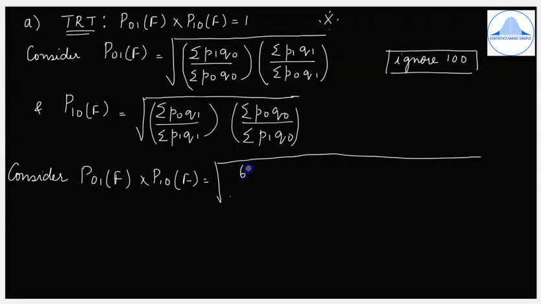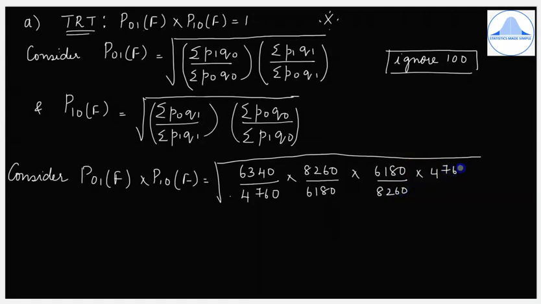So summation P1 Q0 was 6340. Summation P0 Q0 was 4760. This you have to multiply by summation P1 Q1, that is 8260, divided by summation P0 Q1 is 6180, into summation P0 Q1 is 6180 divided by summation P1 Q1 is 8260, into summation P0 Q0 is 4760 divided by summation P1 Q0 is